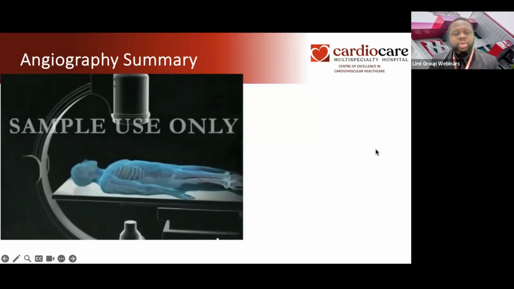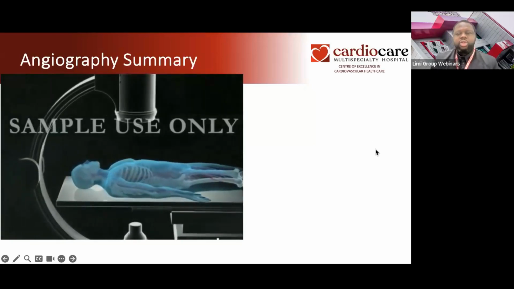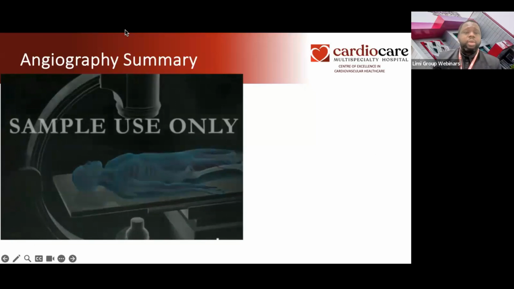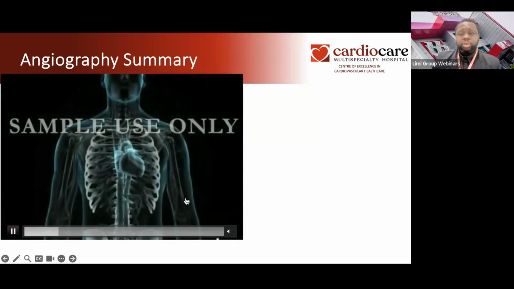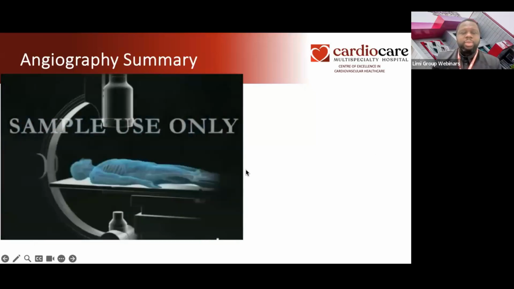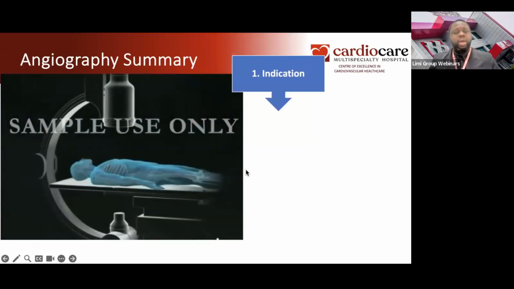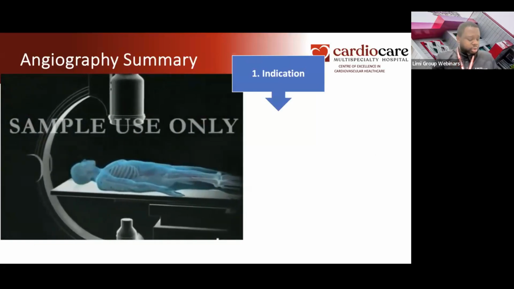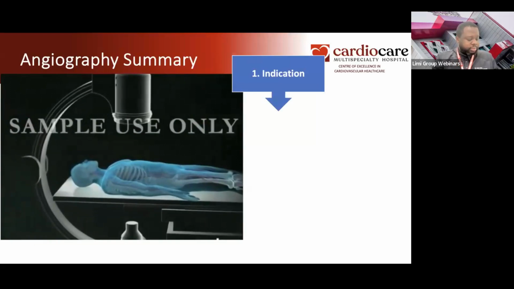And then we're able to see the blood vessels on the left and on the right. That is summarily what happens in the coronary angio. And then, of course, I'll go into a lot more depth now. So first of all, we have the indications. We find out what are the indications for this procedure,